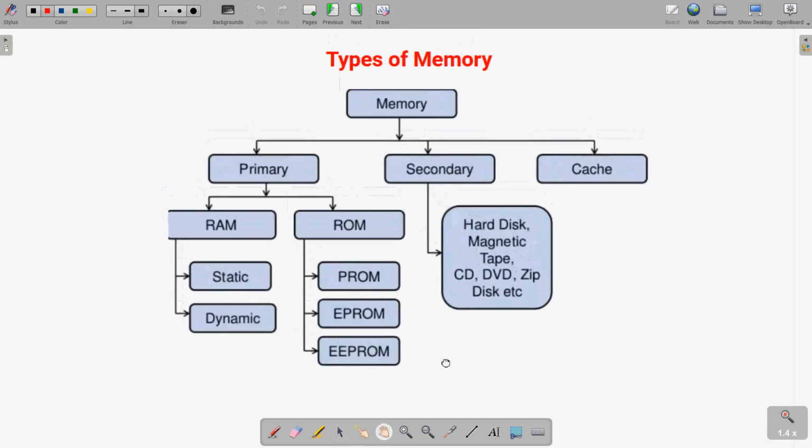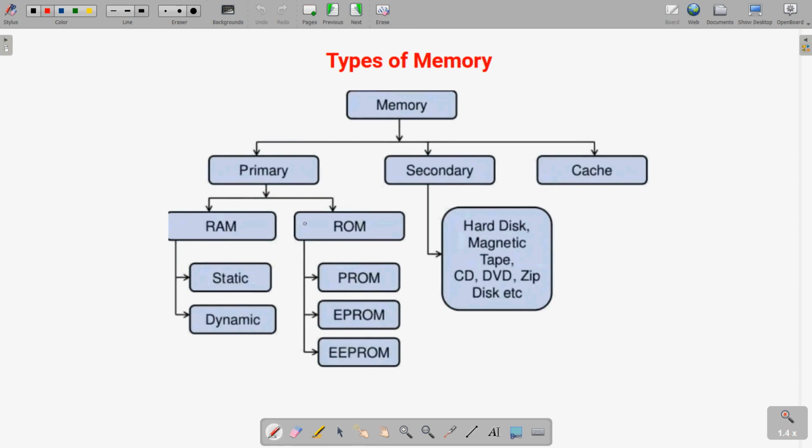So we have seen that memory is of three types: primary, secondary and cache memory. Clear? And in the primary memory, till now we have covered the RAM and its types. The three types we have seen are static, dynamic and one more, that is magnetoresistive. Clear? So these three types of RAM we have covered, and today we are going to start with the ROM.